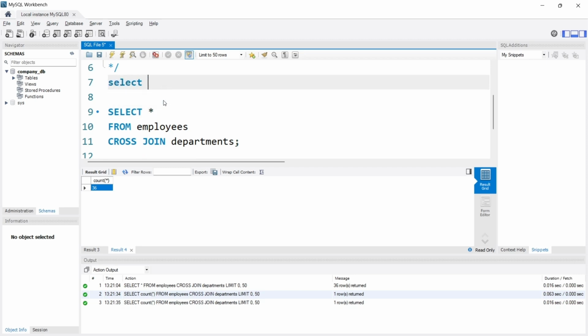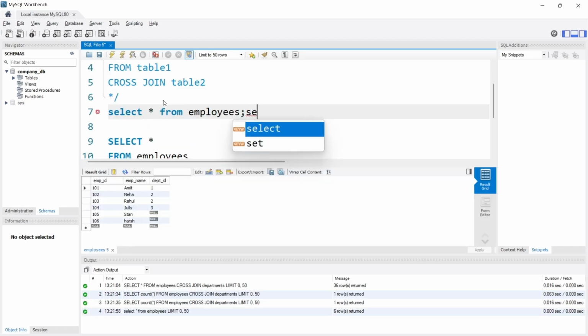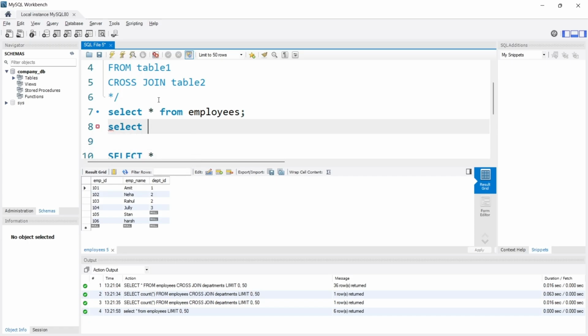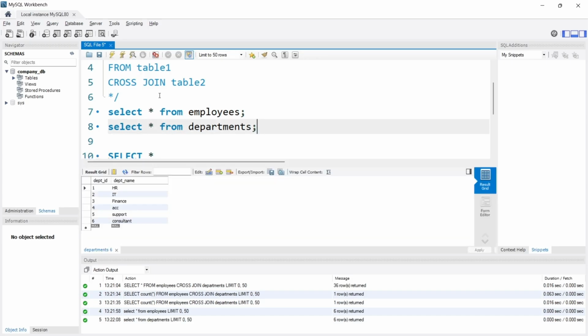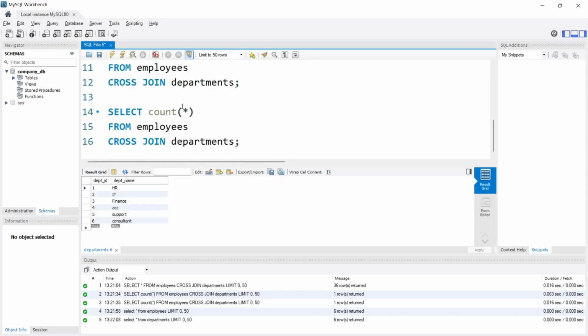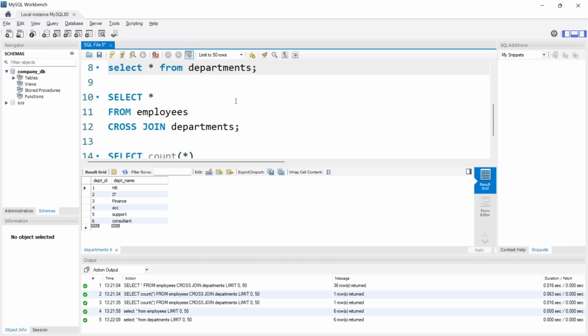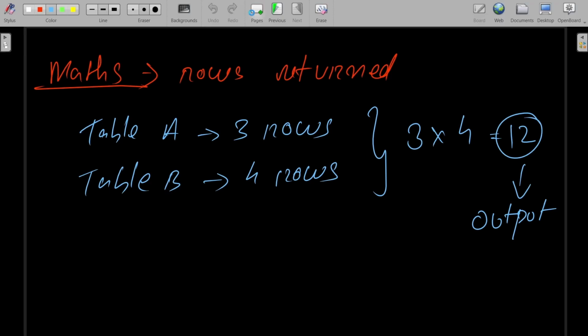Select star from employees, and then select star from departments. Since we have 6 rows here, and here also we have 6 rows, 6 into 6 we got 36. That's how we are getting 36 here. So this is a cross join. This is all about the joins, cross join. Okay, coming back to our slides,